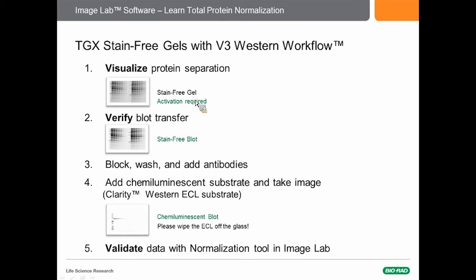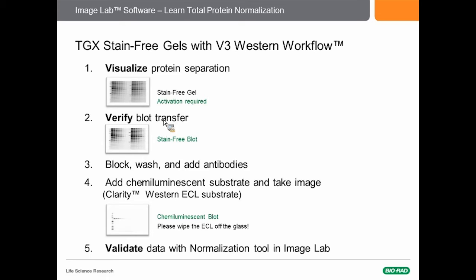This image is useful because it allows you to check the gel to see how it ran before going on. In step 2, we transferred the proteins to the blot. We took an image of the blot to verify that the transfer was complete. That's step 2 right here. In this webinar, we'll be using this image as the total protein loading control for normalization. If you set up your transfer for the first time, it's helpful also to take a picture of the gel at this point to make sure that all the protein you wanted was transferred out of the gel and onto the blot. In step 3, we block